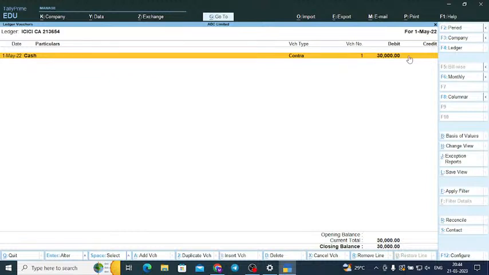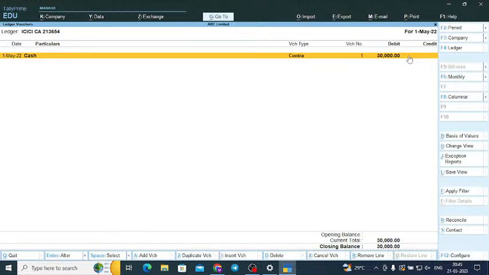Fine. But you've seen, no? You've seen in your savings bank account or in your parents' account, when cash is deposited in the bank, you get the message cash is credited. Good to go? Have you understood this? Are you able to understand the scenario? You get a message called cash is credited. But in Tally, we are maintaining it as cash is debited. And accounting rules also say that when cash comes in, it is debit. So Tally is correct. But in your bank statement, or in a bank SMS, we are getting a message